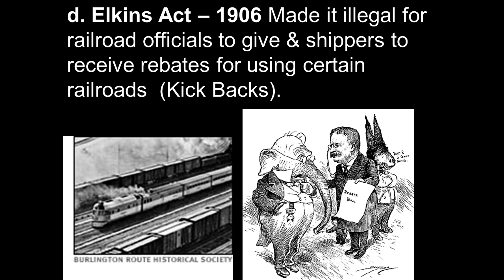So basically, railroad companies were giving what's called kickbacks, which is basically like, here's some money for you using our shipping line. So you pay a lot up front, and then we give you a bunch back in the form of kickbacks to get you to use our railroads instead of anything else. It amounted to bribing shippers for using their stuff. It was almost like legal corruption, but this made it illegal, so they could no longer do that.